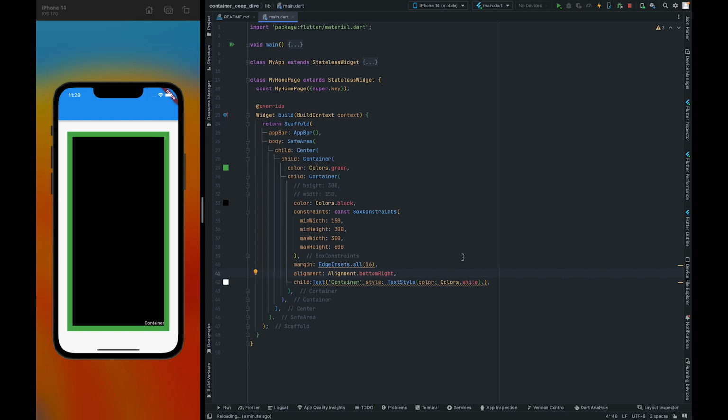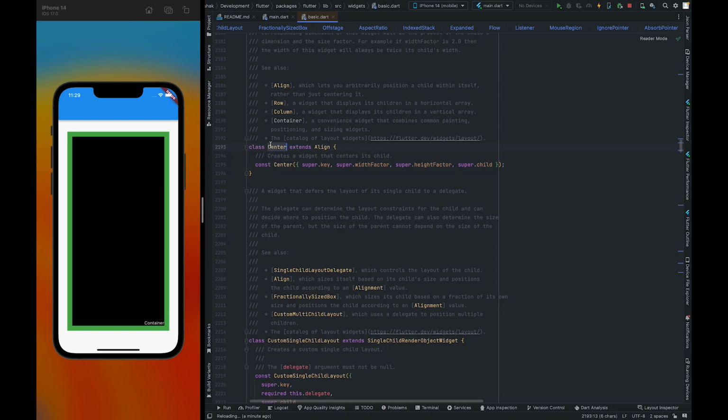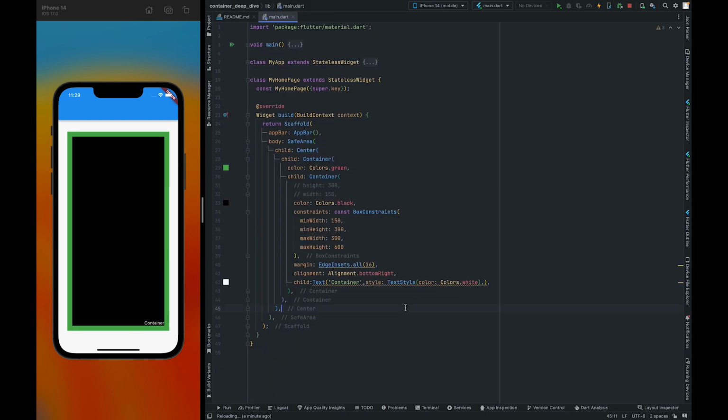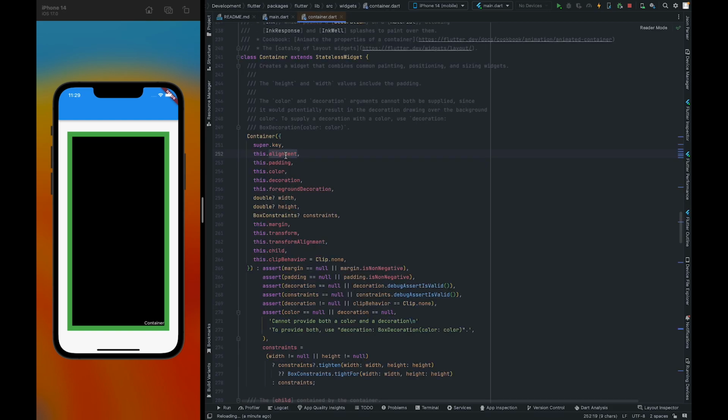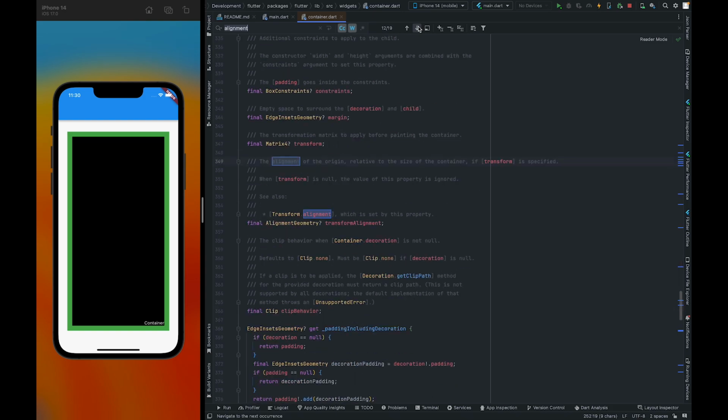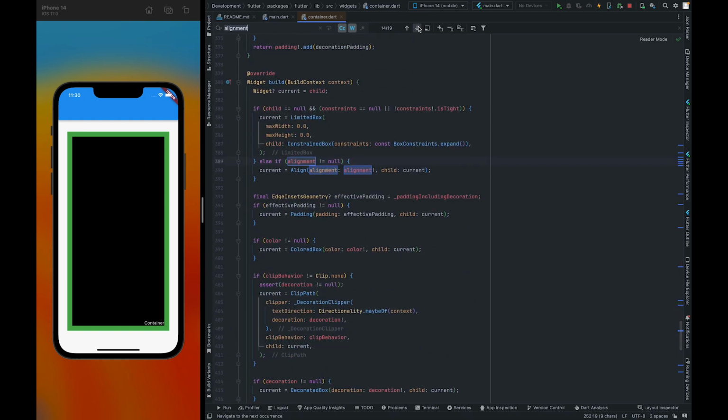Because internally we are wrapping our container render box with the Align. I can show you with an example. As you can see, the Center extends Align, and similarly internally you will see that the alignment is also passed to the Align. Okay,